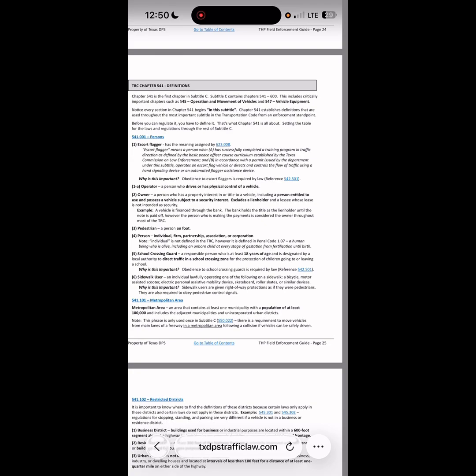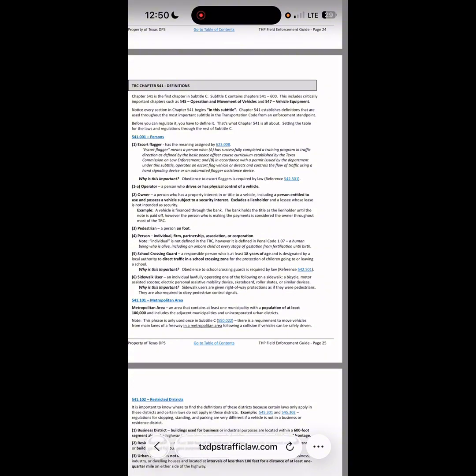in accordance with a permit issued by the department under this subtitle, operates an escort flag vehicle or directs and controls the flow of traffic using a hand signaling device or an automated flagger assistant device. Why is this important? Obedience to escort flagger is required by law. Reference